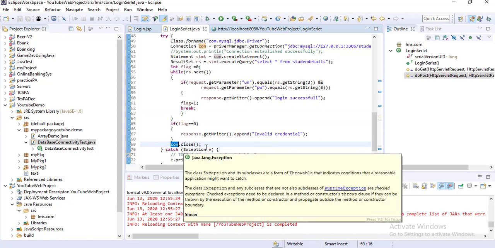So using these steps you can establish the connection between your servlet page and your database, and whatever business logic you want to write, you can write inside your servlet. So here the JSP page is your front end and this servlet is your backend. The backend contains the business logic, and the front end contains your look and feel, whatever you want to show the client.